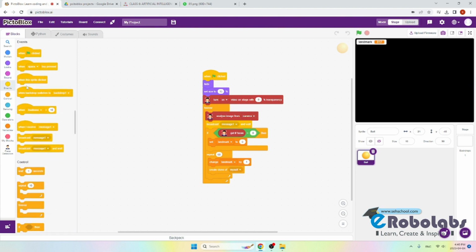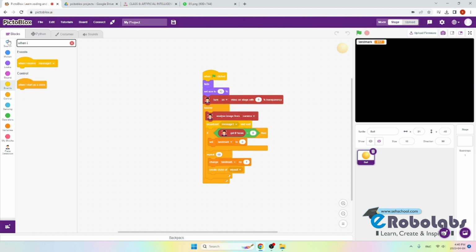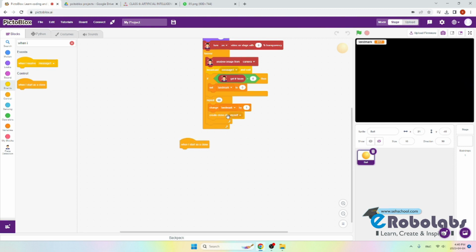Now we'll go to event. We will search for the block when I start as a clone. Now after the ball starts as a clone, we want it to appear as the landmark or the structural outline of a person's face. So we will set its x and y coordinates to that structural outline. So we will task it to go to x and y coordinates, which are,